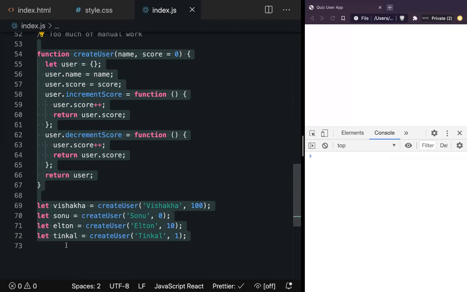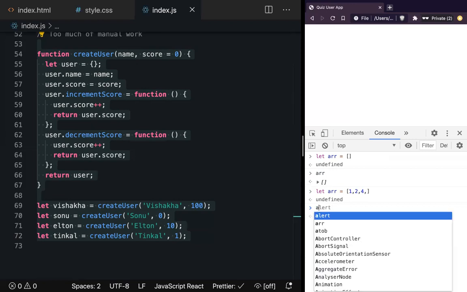Okay, so let's try to understand what is happening here. Yesterday we tried to understand an array. So let array is equal to an array like this. If we look at the properties of the array, there is nothing like map or something. But where is it? For example, I'll assign a value of 1, 2, 3, 4 and look at the array.